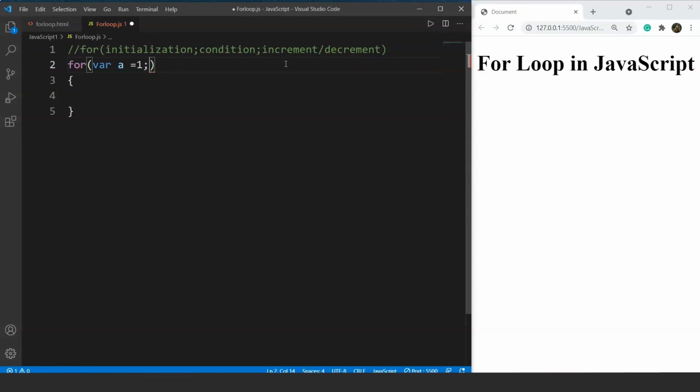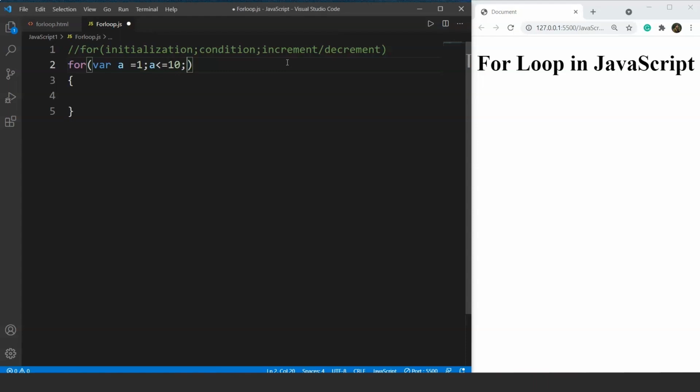We have to be careful about the condition we are going to use, because sometimes what happens is the loop runs forever because of a wrong condition, which will ultimately crash our program. So in the condition, what we have to do is we have to give a value as in for how long our for loop should execute. Here in this case, we want to print the table of 10, right? We want to have 10 iterations. So it will start from a equals to 1 and it will go till this final condition. So let's suppose we are writing here a less than equals to 10. It will start from a equals to 1 and it will go till a less than or equals to 10.